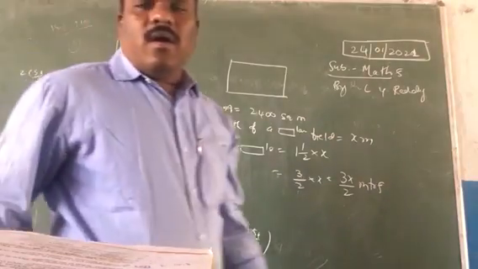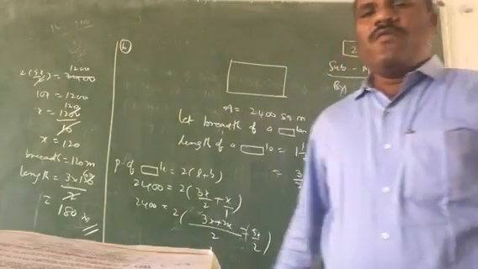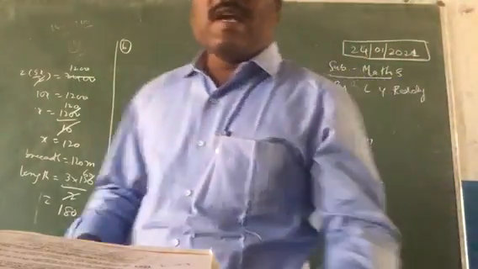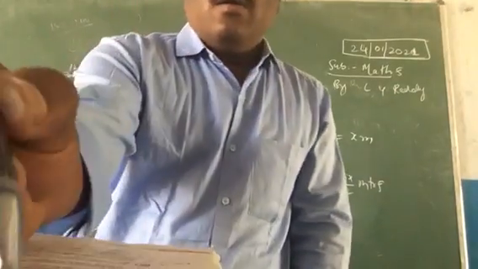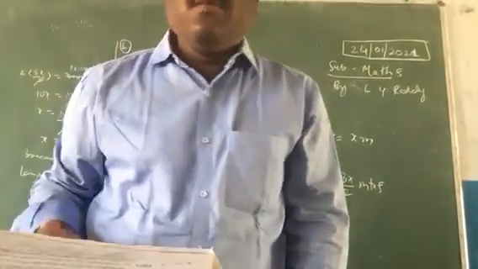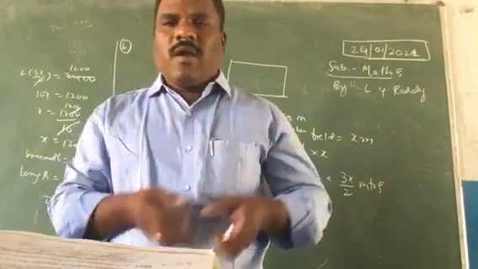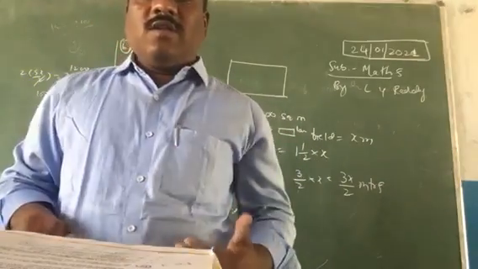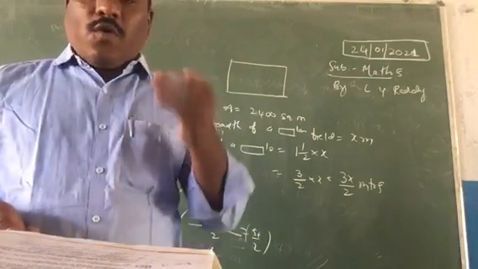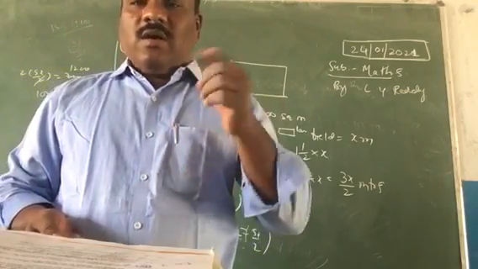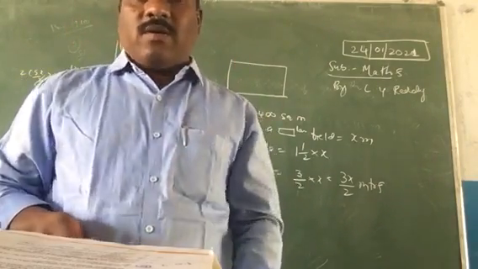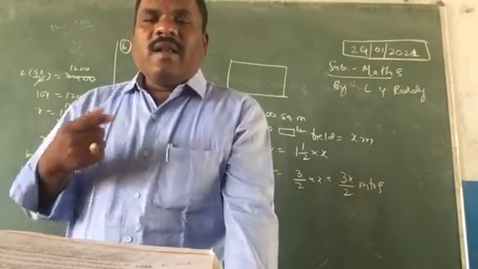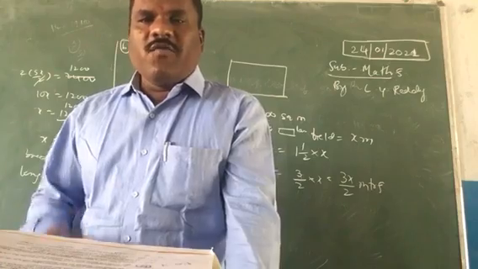Hope you understand. Please all of you do the sums up to the sixth sum from exercise 10.3: sums 3, 4, 5, 6. I explained 4 sums, children. You can go through this procedure and answer the remaining sums. If you know, you can do it in classwork. Otherwise, I will explain next week, on Thursday, the remaining sums. If you don't know, leave it. If you know, you can do it.